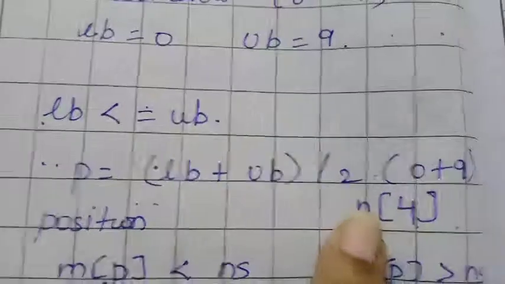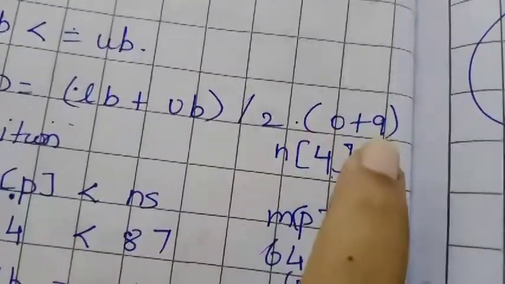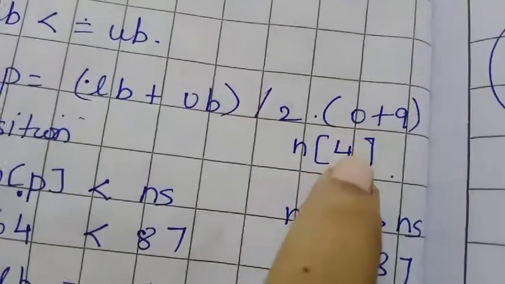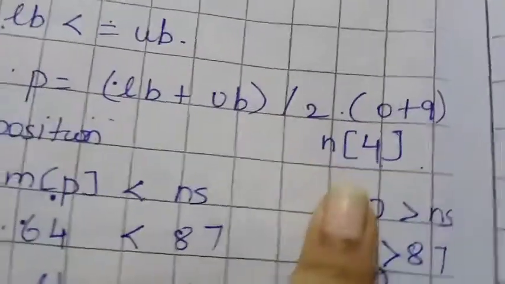So LB plus UB by 2, that is 0 plus 9 by 2, is equal to 4. Okay, 4.5 something will come, we will take it as n of 4. So this n of 4